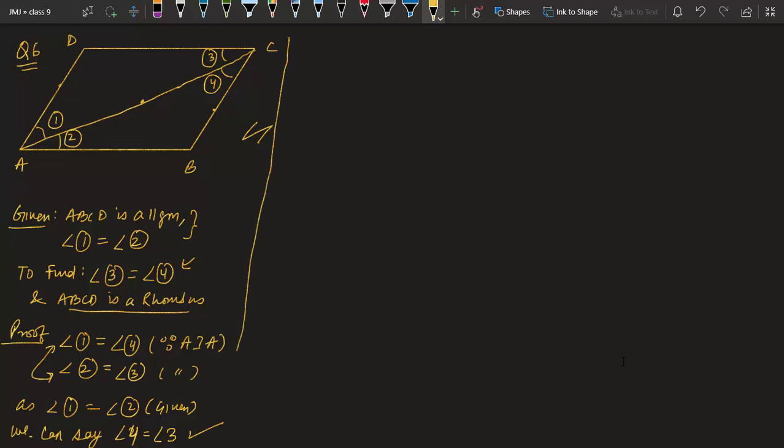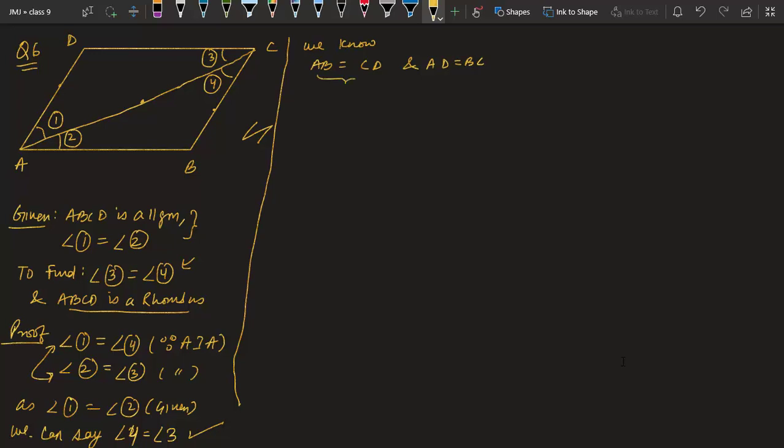Okay, it's very easy. Just try to think logically. It's not tough. So for the second part, we know already that ABCD is a parallelogram. That means we have two things with us. First is AB is equal to CD and AD equal to BC. These two things we are having. We have to prove all sides equal because rhombus is a parallelogram with all sides equal.